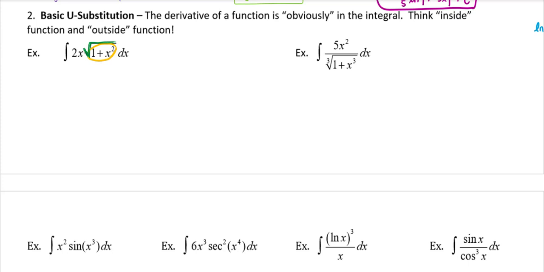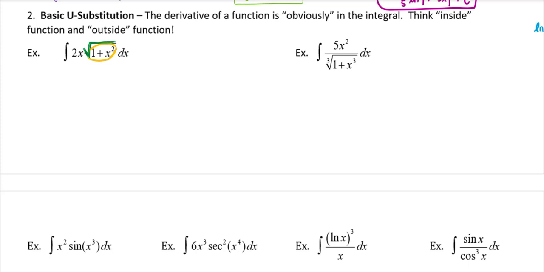Again, if you think if I were taking the derivative of this function, I would need to use chain rule to find the derivative, of course, and product rule the way it sits now. And if you need to use chain rule for any part of the derivative, you possibly are going to have to use U substitution for its antiderivative.